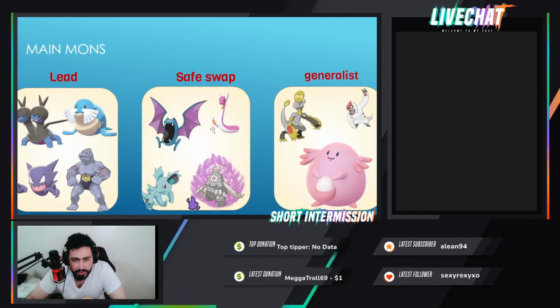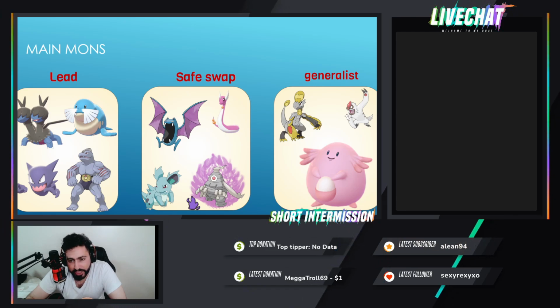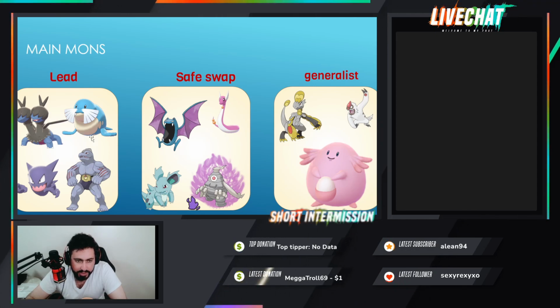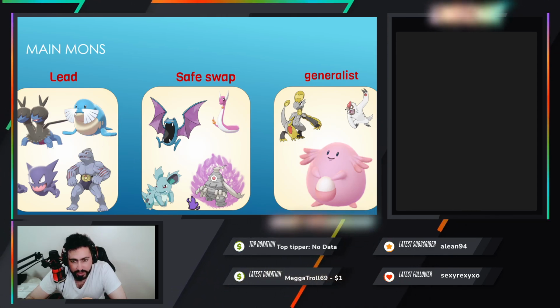In the main Pokemons in this cup, I wanted to split them into normal type, poisons, and the dragons, but I felt like I could do it differently. What's a good lead? What's a good...